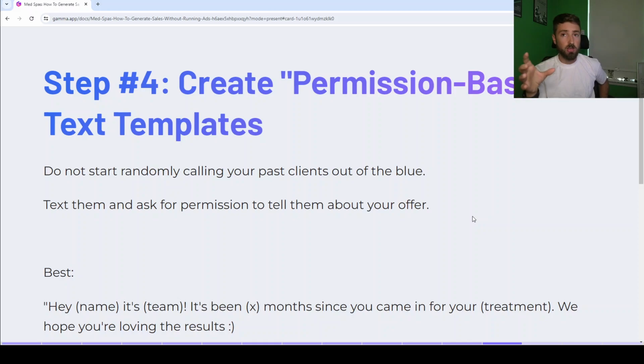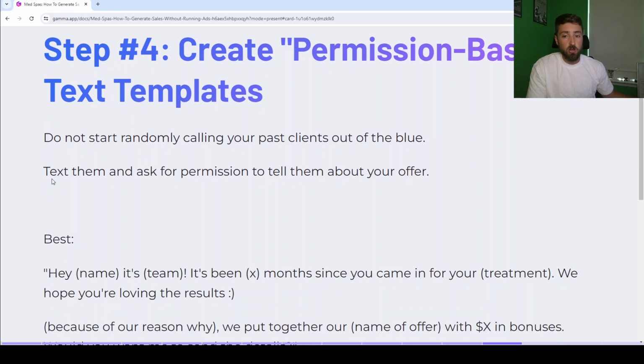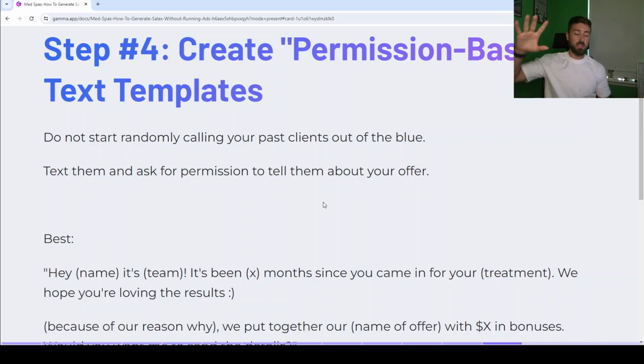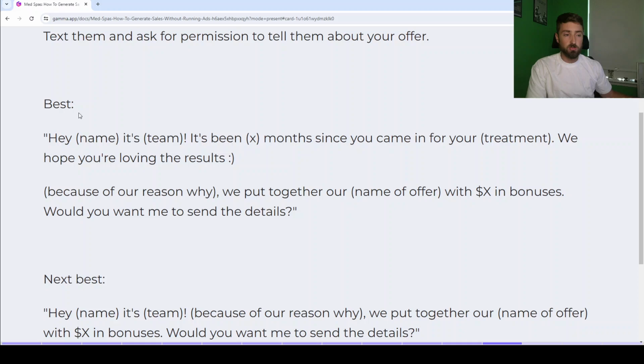You don't want to ruin or tarnish those relationships. And so what I would do instead of just randomly calling people is text them and ask for permission to tell them about your offer. So instead of just going, boom, here's this big wall of text about all of the different things in this crazy good offer that we just came up with, instead you're going to ask them permission if you can send them more information. So for example, the best case scenario for this intro text would be to say something like,